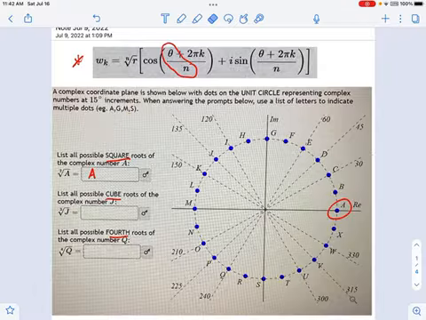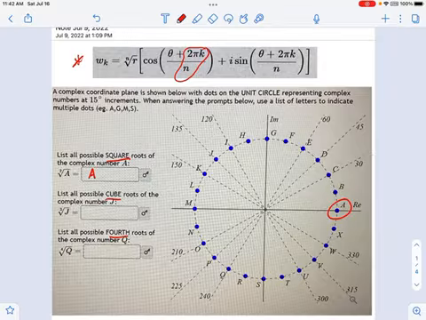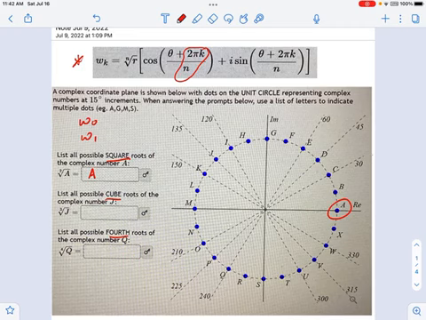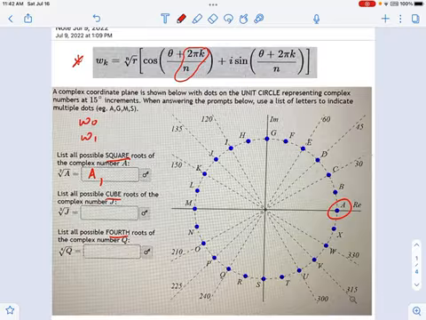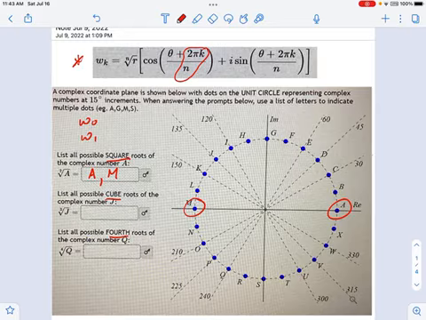Okay, next. So how about we take a look at the other part of this theorem, the plus 2 pi k over n part. For square roots, these are your roots, w0, w1. For the second root that I'm going to be looking for here, k equals 1. So that makes 2 pi over 2, which is just 1 pi. So what is 0 plus pi? Right, it's just pi. So that lands us over here at M, the second location. And that's it, we're done.